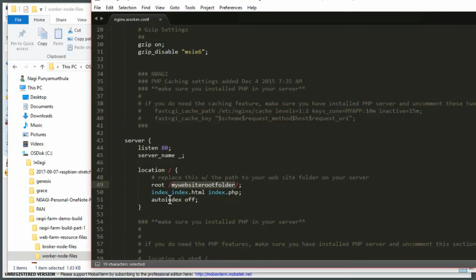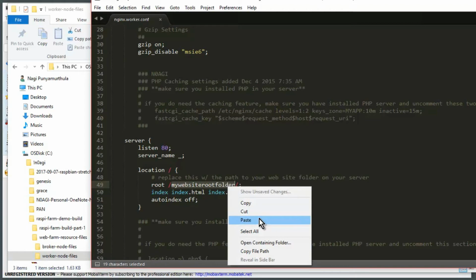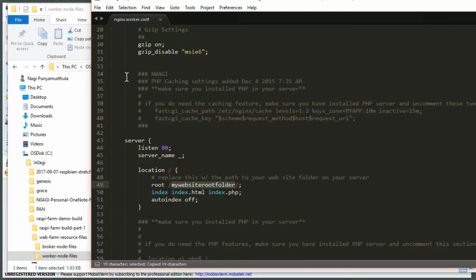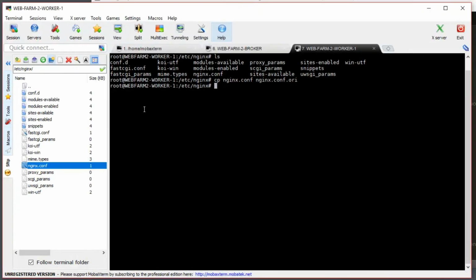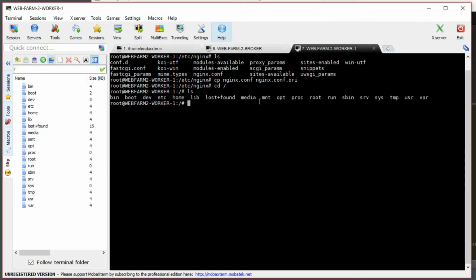We need to figure out where our index.html file is going to live. So we need to create a folder. Let's call it my website root folder. Let's copy that. Okay, let's go into the terminal window, and I'm going to go into root, and let's see, I'm going to create a folder,